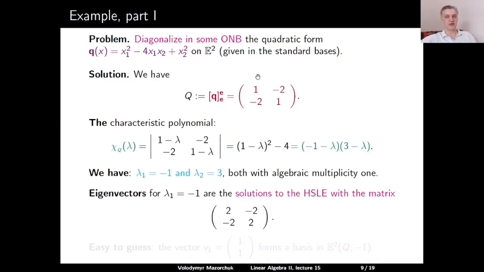matrix is obtained from the matrix of our quadratic form when we subtract minus 1, in other words, we add 1 on the main diagonal. So we have the matrix 2, minus 2, minus 2, 2. So clearly we can erase the second row, and then it is very easy to guess that the vector 1, 1 is a solution to this system of linear equations. So since the algebraic multiplicity is 1, the geometric multiplicity must be 1. So this vector, the vector v1, which is 1, 1, forms a basis in the eigenspace for Q with eigenvalue